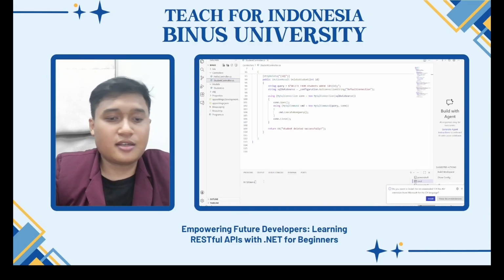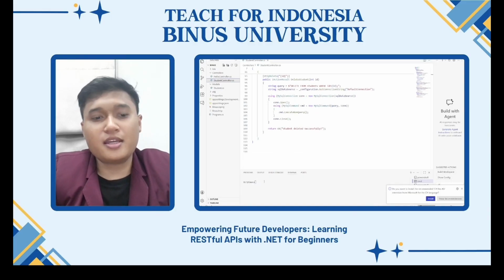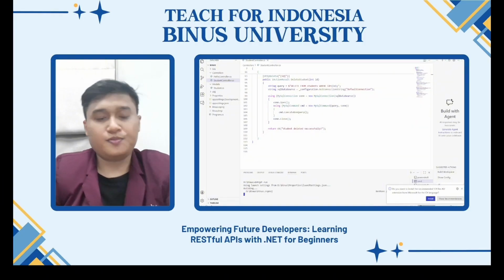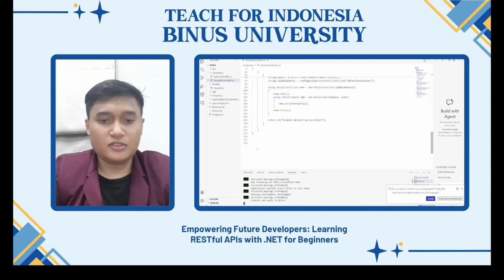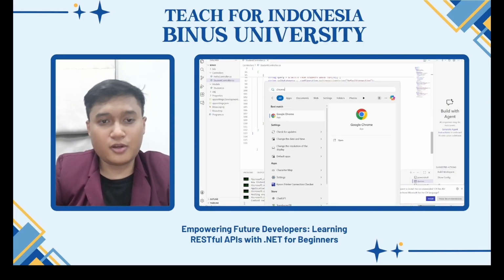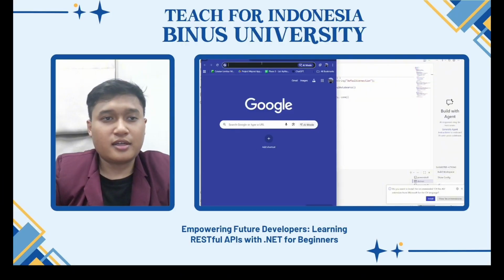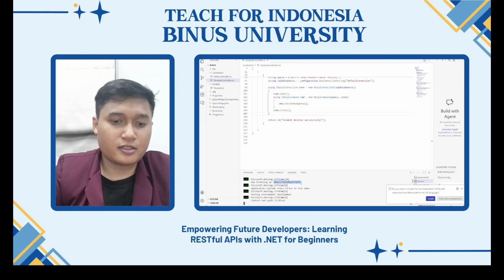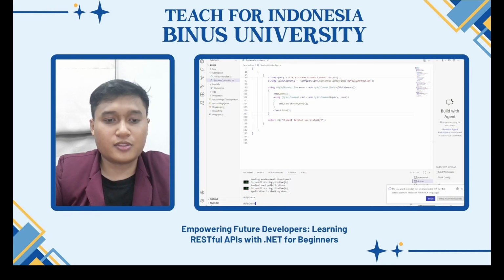Next, we will test this API. So we will run the program using dotnet run. Okay, now we will open the browser and open Swagger, a software used to test an API using its URL.